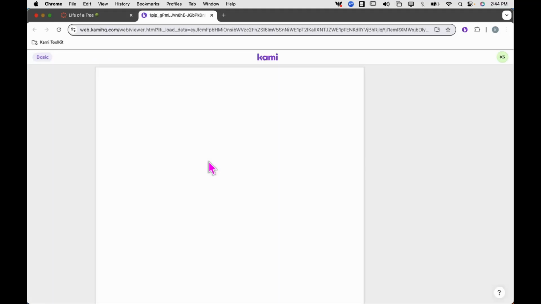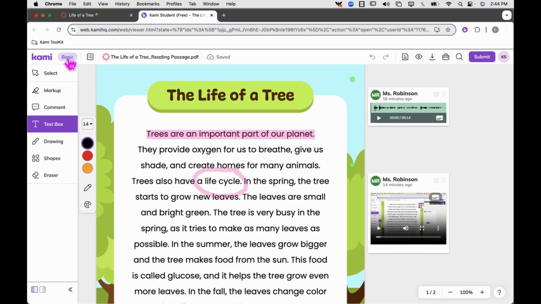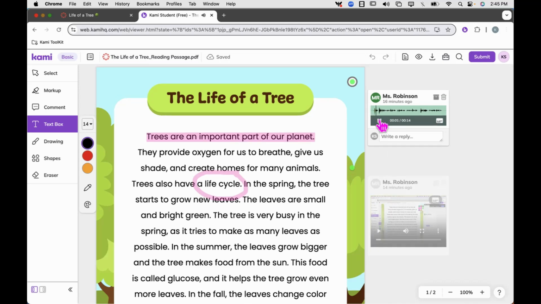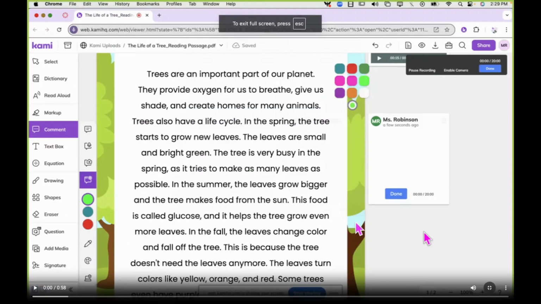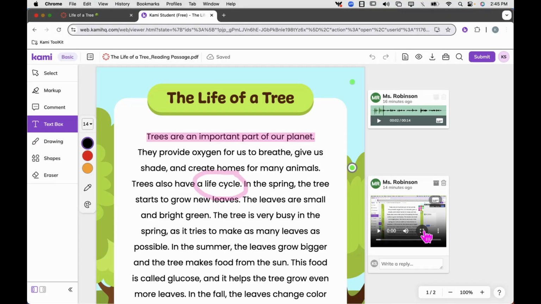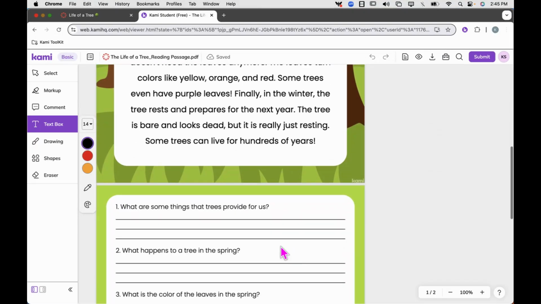Because your students have the basic Kami, you'll see the little word basic right here, but you can see that they have a wide variety of tools. They also have any scaffolds or supports that you've put in the margin for them. They can listen. Hey friends, make sure that... or they can watch. You can show your students that they can always use the full screen button in order to watch the videos full screen. They can scroll down and use the text box tool